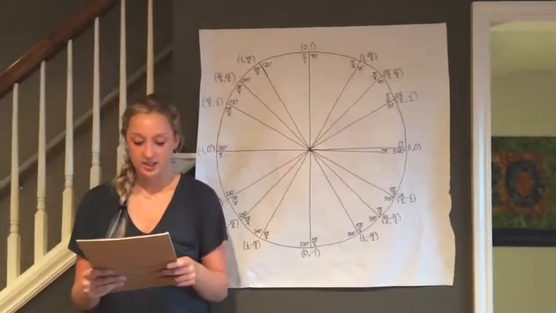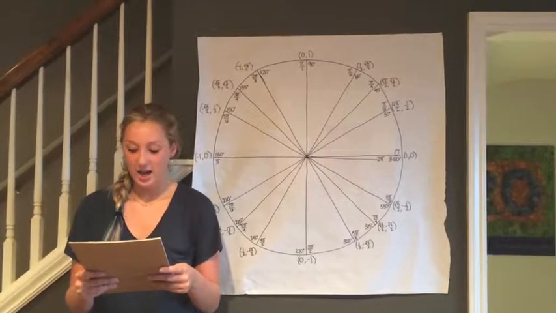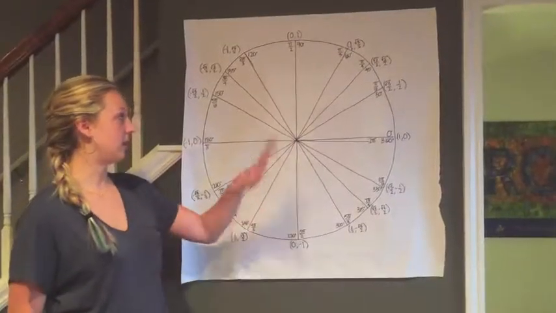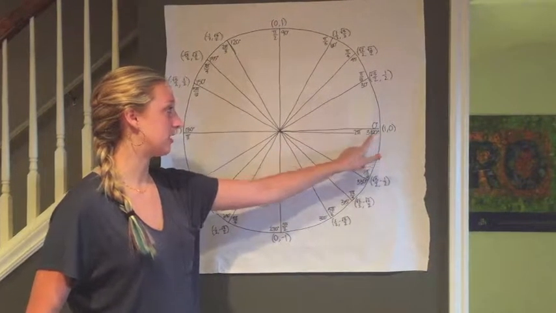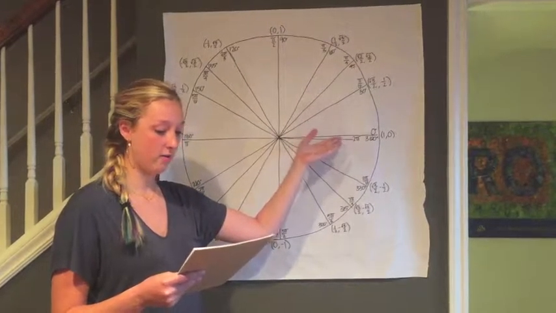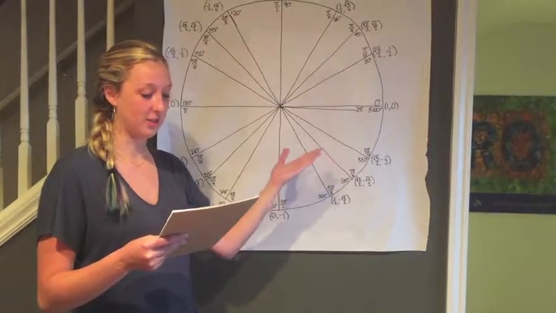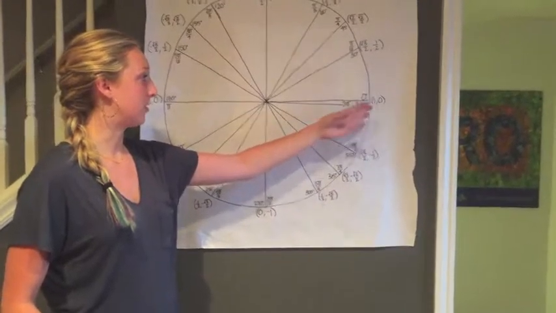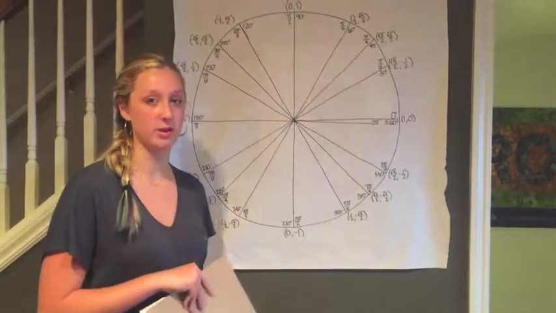A tangent is a straight line or plane that touches a curve or curved surface at a point, but if extended, doesn't cross it at that point. Okay, so when looking at the unit circle, you have radians and you have degrees. So a radian, for example, is 2 pi, and it is a unit of an angle equal to an angle at the center of a circle whose arc is equal in length to the radius. And then an example of a degree is 360 degrees, and a degree is a unit of measurement of an